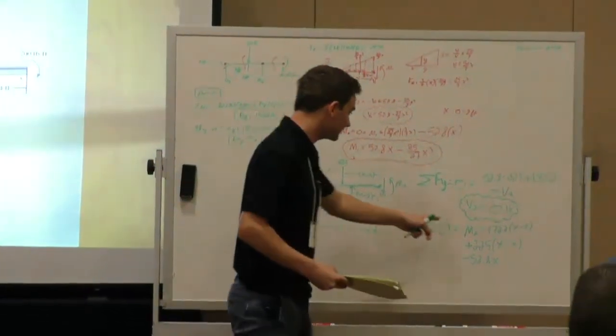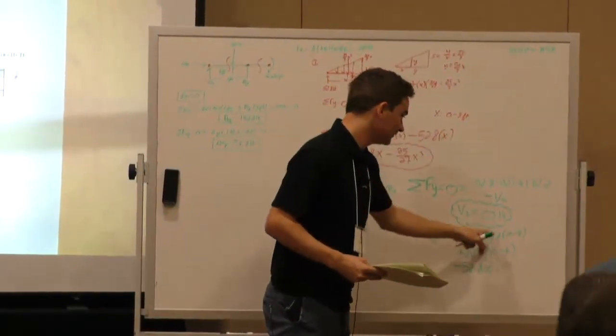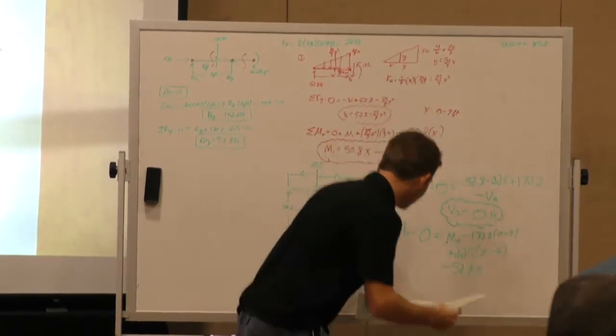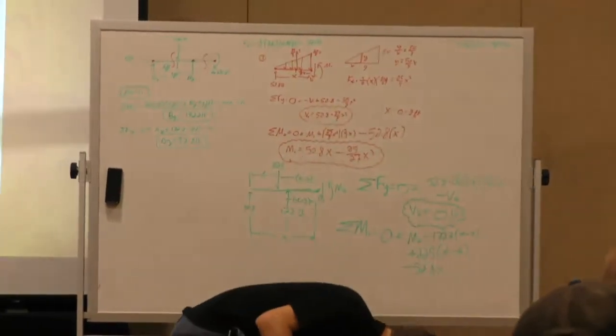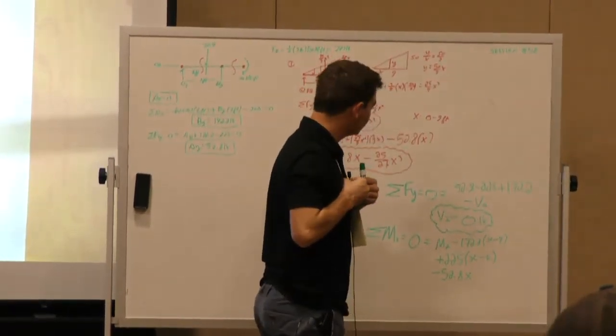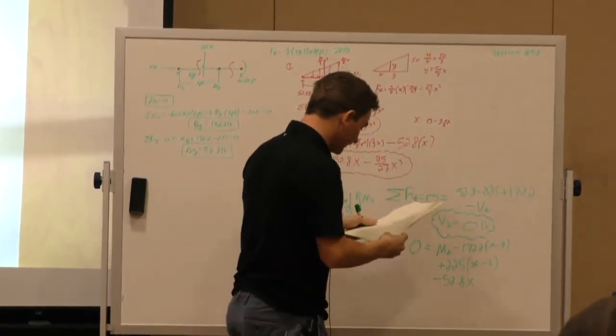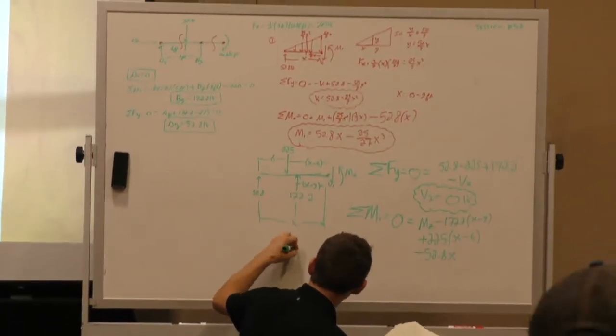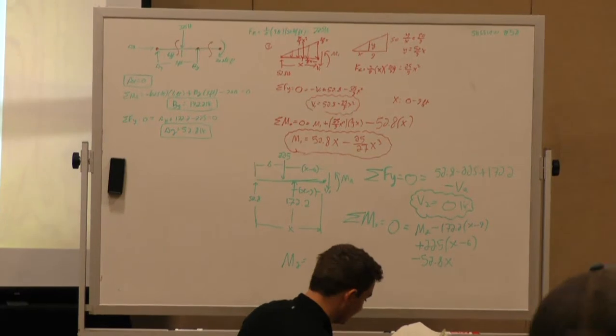So if we simplify this, we could add all these other terms over, distribute our forces into the x minus 2 and x minus 9. So our moment equation simplifies to M2 is equal to